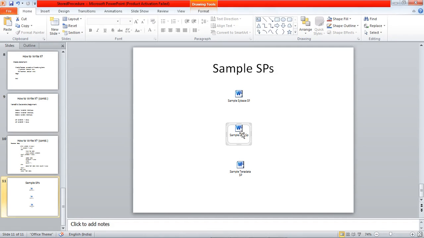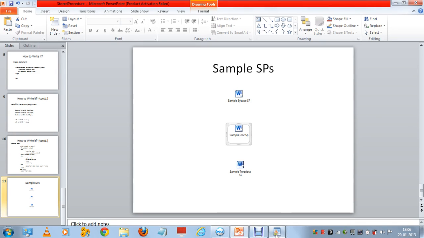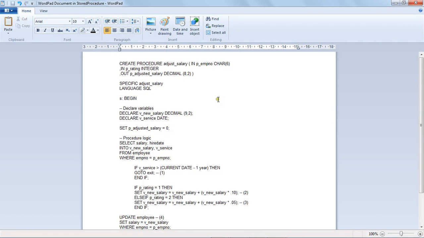So we'll look at the second one, which is DB2. A DB2 stored procedure has the CREATE PROCEDURE name, and then it uses the IN keyword and OUT keyword to define